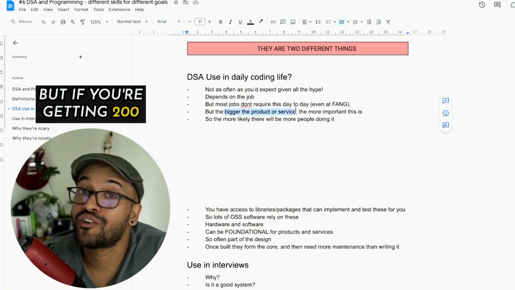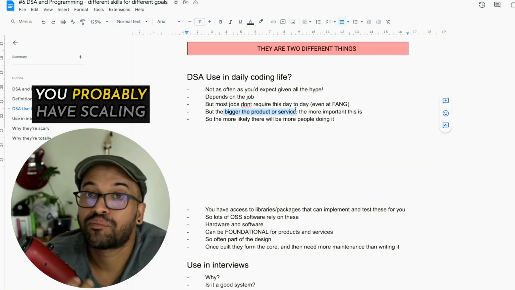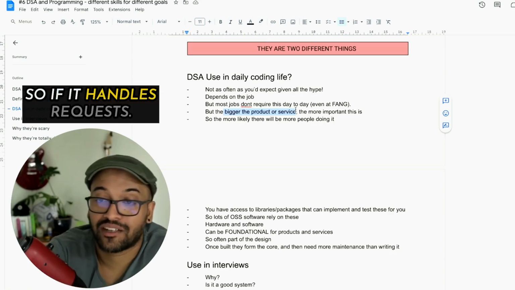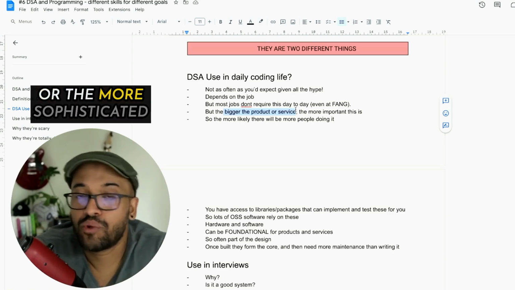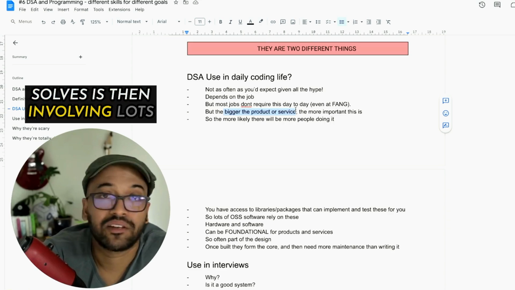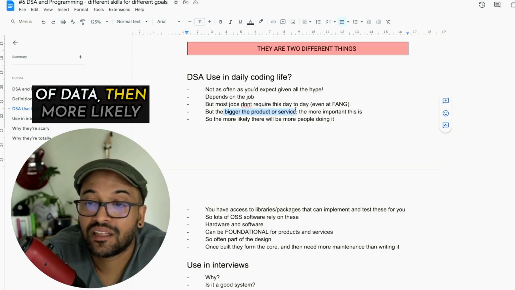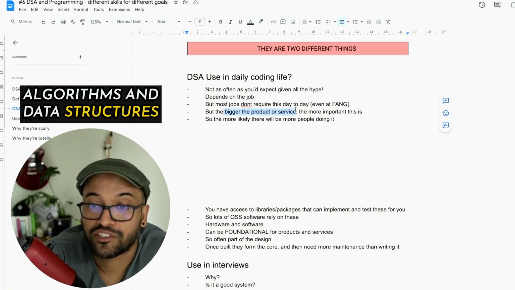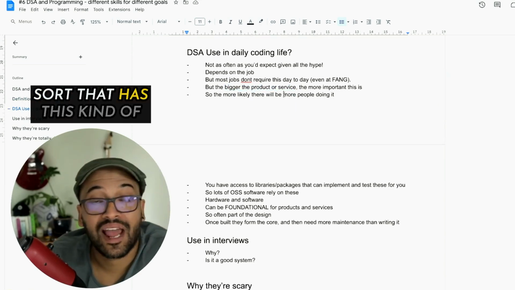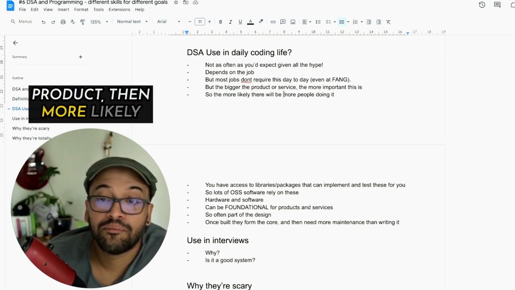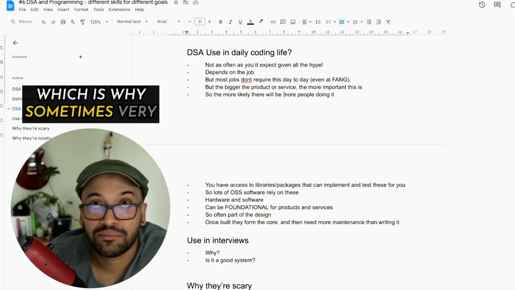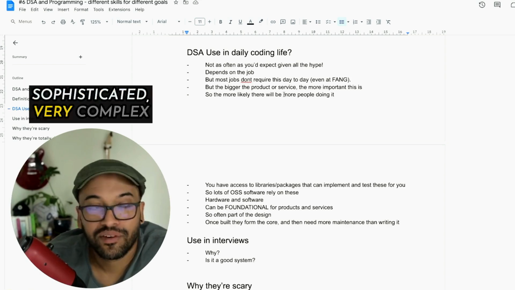But if you're getting 200 requests in a minute, then you probably have scaling problems for your API to be able to handle those requests, your server to handle those requests. So generally, the bigger or the more sophisticated a product or service is, or the more complex the problem it solves is, involving lots of data, then more likely you're going to be using algorithms and data structures much more, right? And if your company is the sort that has that kind of product, then more likely that the